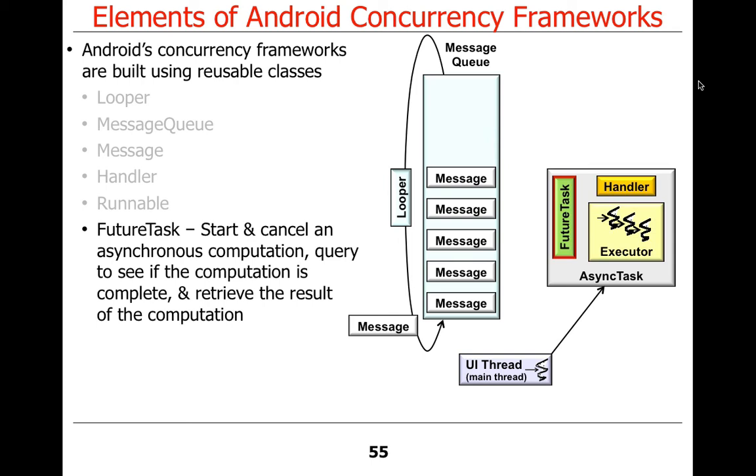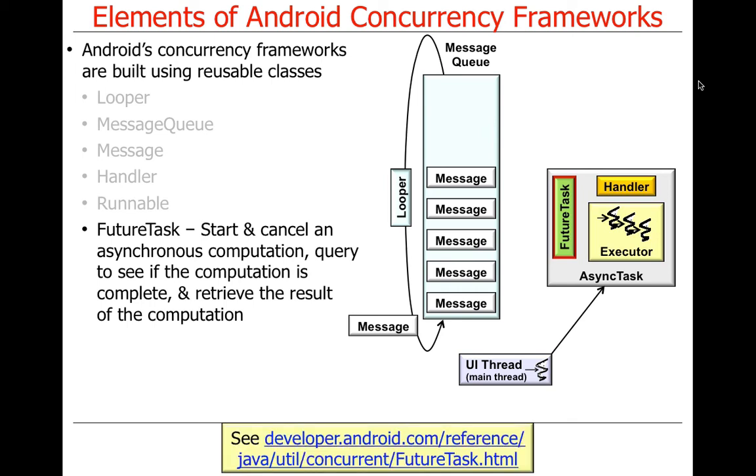Future task is used to start and cancel an asynchronous computation. In other words, it can run on a separate thread of control. Query to see if the computation is complete. In other words, see if it's got a result yet. And retrieve the result of the computation when it's available. So future task gets used. And when we look at the implementation of AsyncTask, which by the way is really super cool, we'll see how